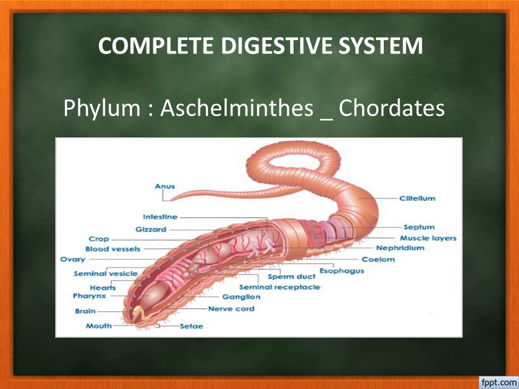Can you observe the anus? So this is called a complete digestive system. So in higher level organisms, the digestive system will be a complete one. For example, it starts from the mouth and ends with the anus. Okay. Then one more example they said